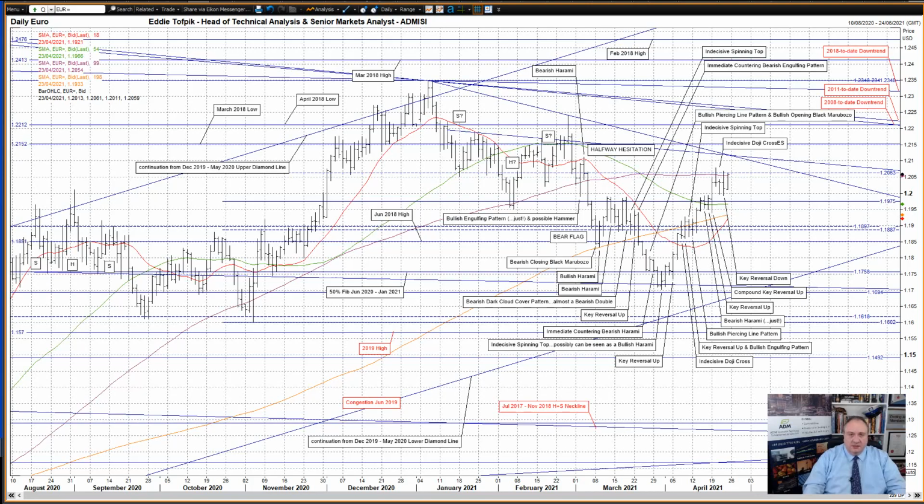We'll start with the euro against the dollar. A key reversal down yesterday. Not the hardest of things to accomplish, considering the previous two sessions were indecisive doji crosses. However, I'm going to voice this now rather than label it on the daily chart. But yesterday could also be seen as a large indecisive spinning top, if seen in a certain way. I'm not saying it is, but it could be interpreted as such, especially after, as I've already mentioned, two earlier